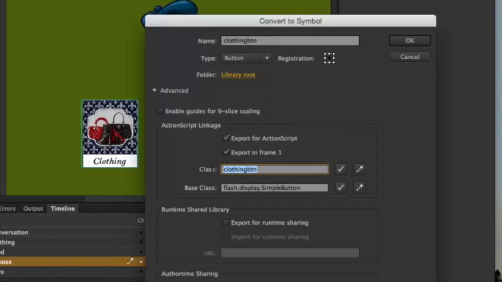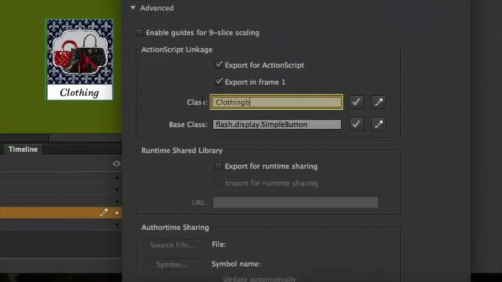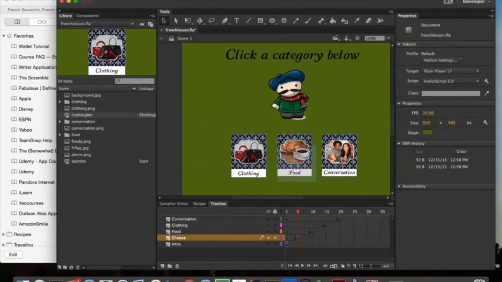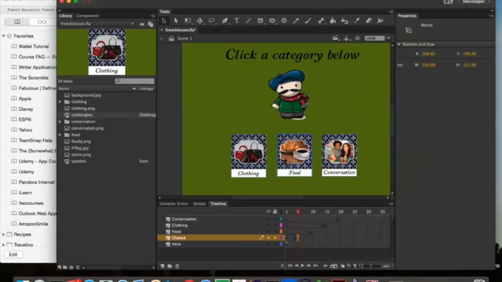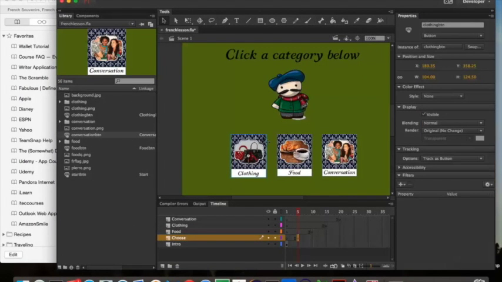And then we're going to go, oops, Clothing Button. Okay. And we're just going to do the same thing with the other category buttons. Okay, so now we have instances in the library of these buttons. We have all the triggers set up so that we can manipulate these buttons and have something happen when a user clicks